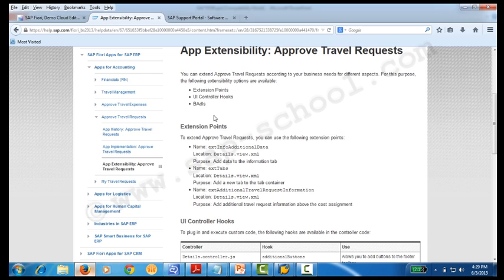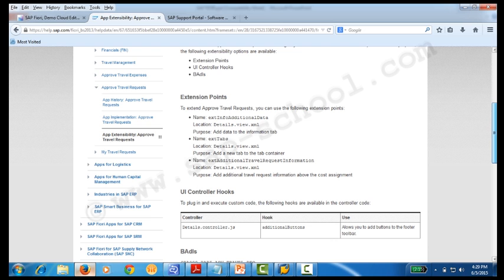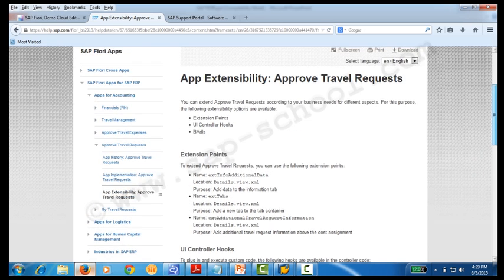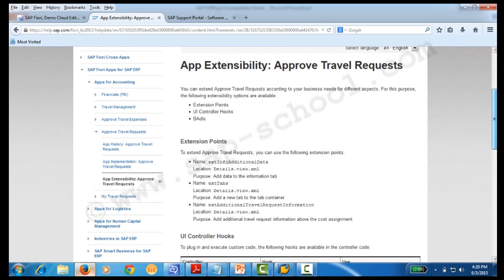This will provide me the extension points, the UI controllers and the bodies which are required. Following this, I'll be able to extend the Fiori app which SAP has provided. This complete information is available on help.sap.com/Fiori. Now if I take the example of this approved travel request, if I go to the implementation section,